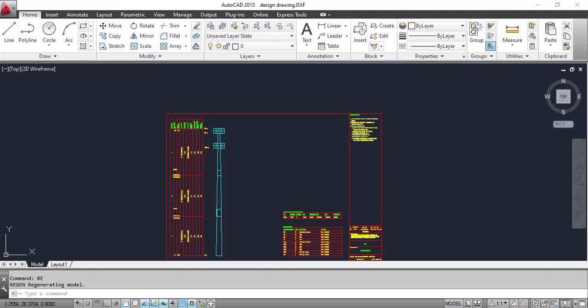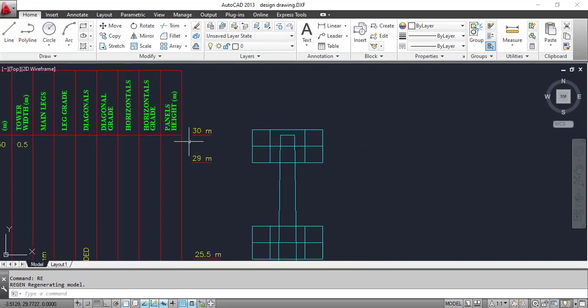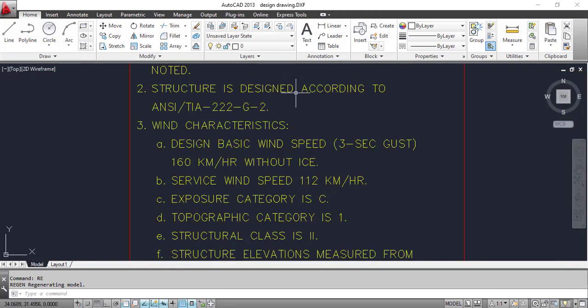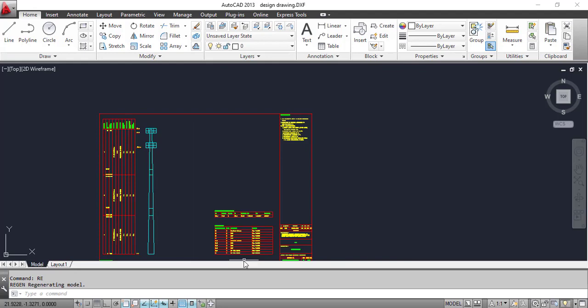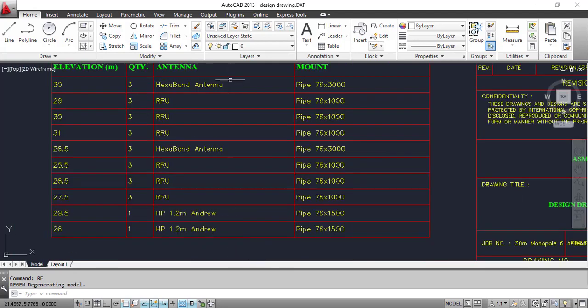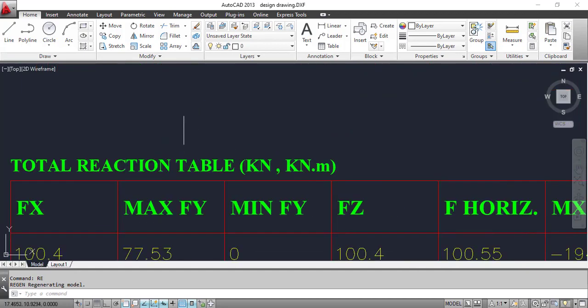Now the CAD software opens. The drawing includes a monopole geometry. It includes design notes, antenna table, reaction table,